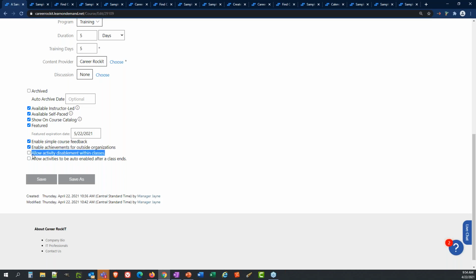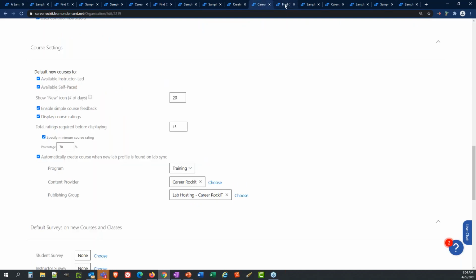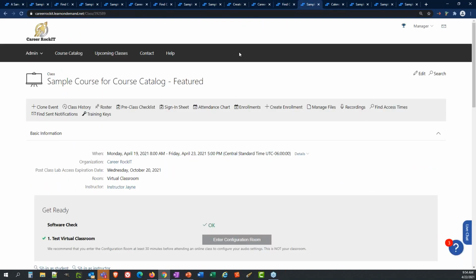Allow activity disablement within classes. When you enable this, it lets you, I'm trying to guess which one I have it in. Okay, Jane, course feedback sample. Okay, so when you have this enabled, you can, as an instructor in a class,